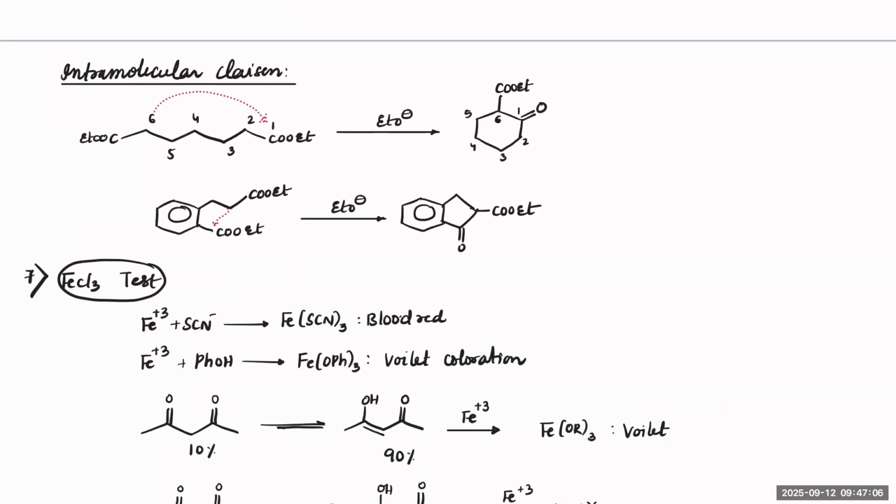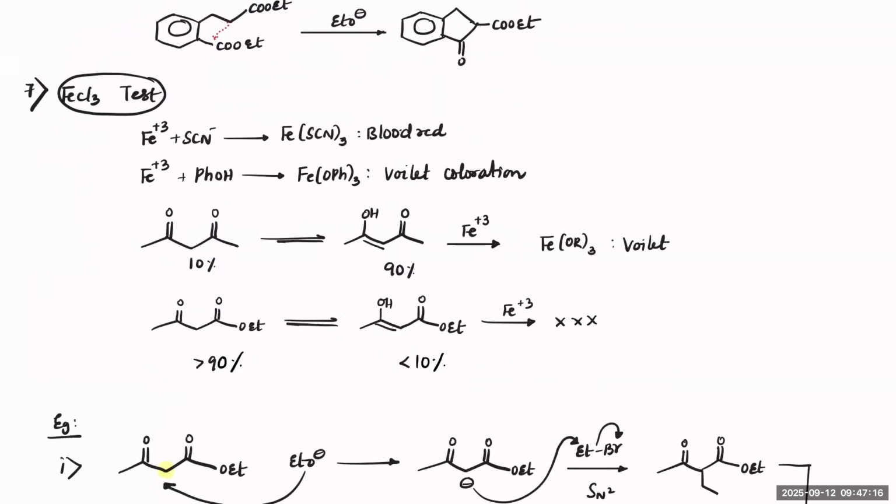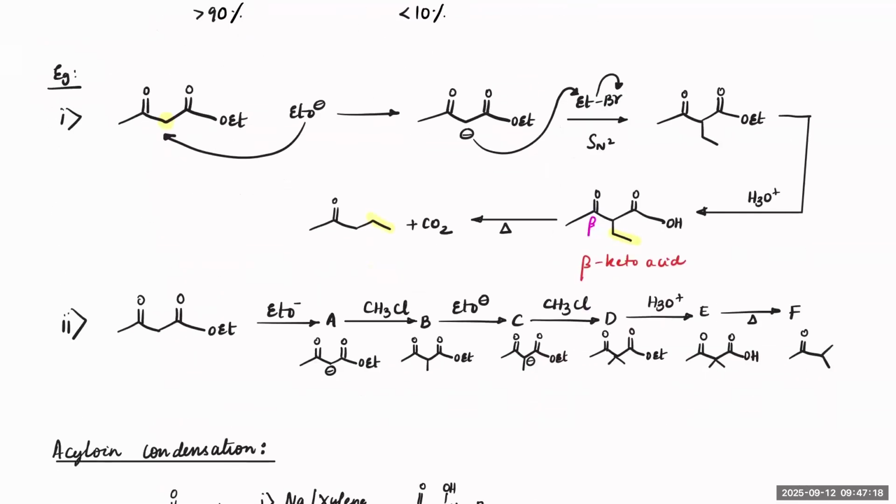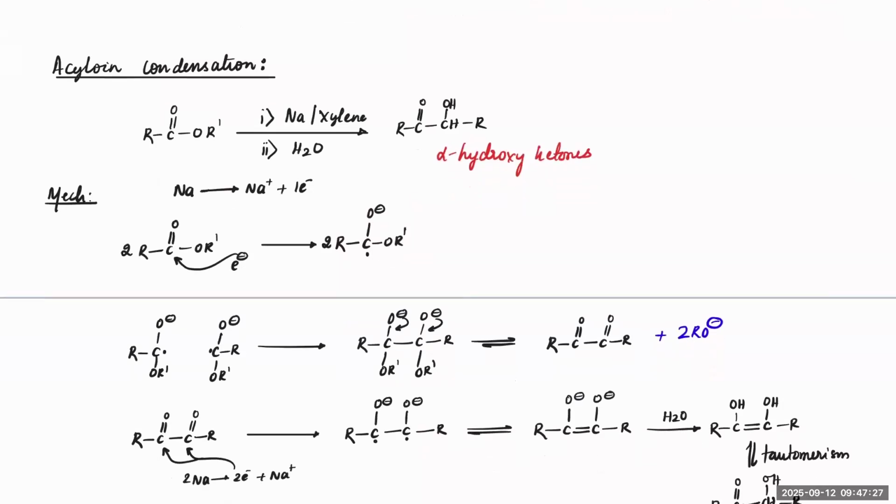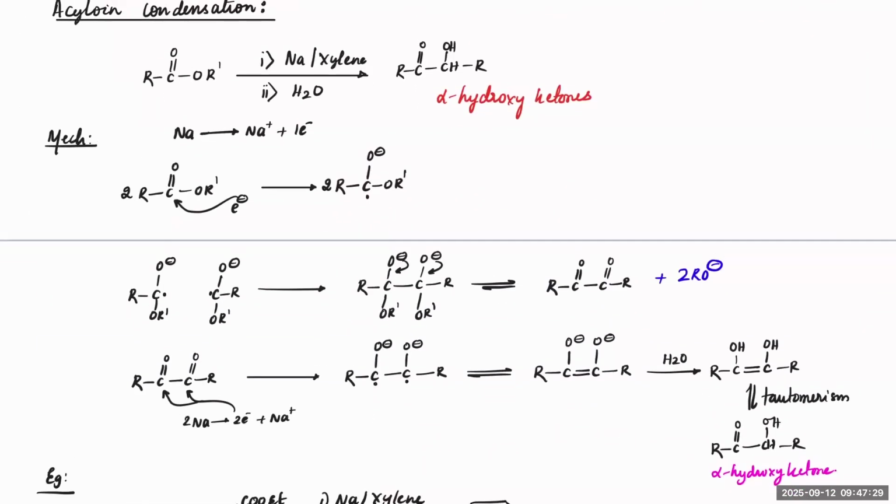So when the product is forming, you just need to check whether it is giving a coloration or not. If it is not giving, that means it must be beta keto ester. Got it? These are the same reactions which we did in aldehydes and ketones. I've just given it again. And the last reaction is about